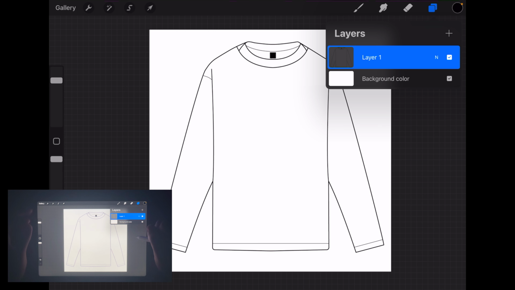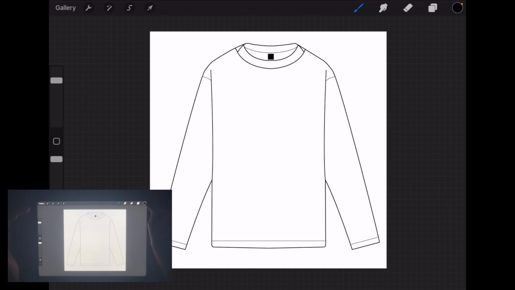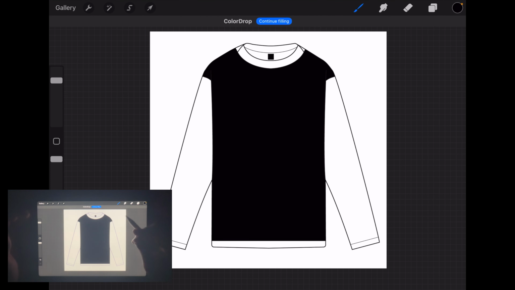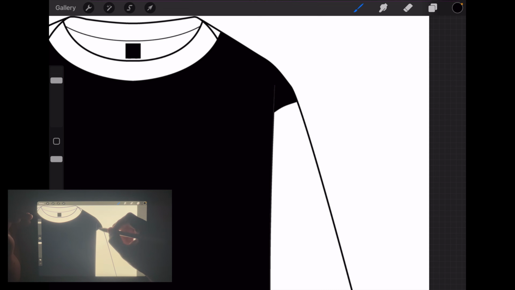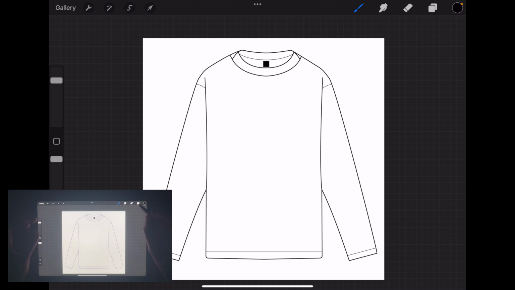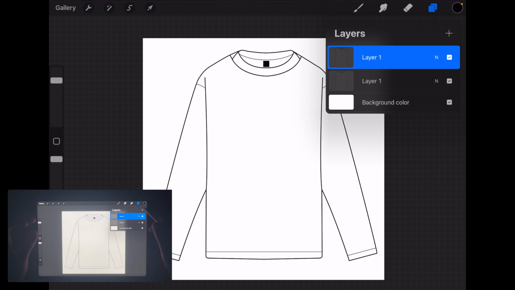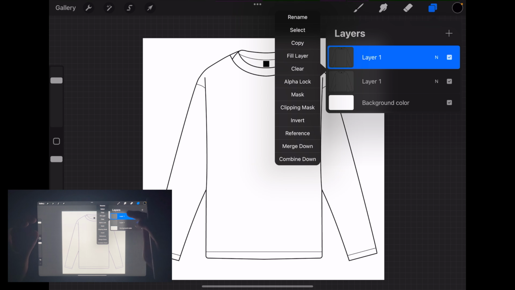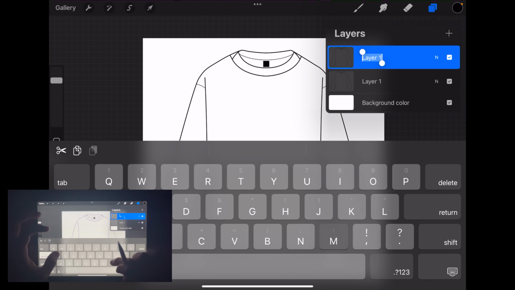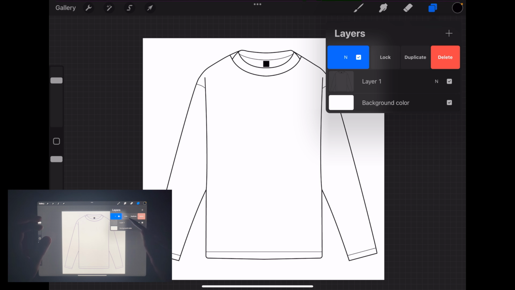Okay, now what you want to do is, if we color black, what will happen is it will merge down with the border and we won't be able to see the mockup properly. So what we have to do is, first of all, duplicate the layer, the mockup layer, and rename the top layer again to main. Okay, and then just lock the layer,